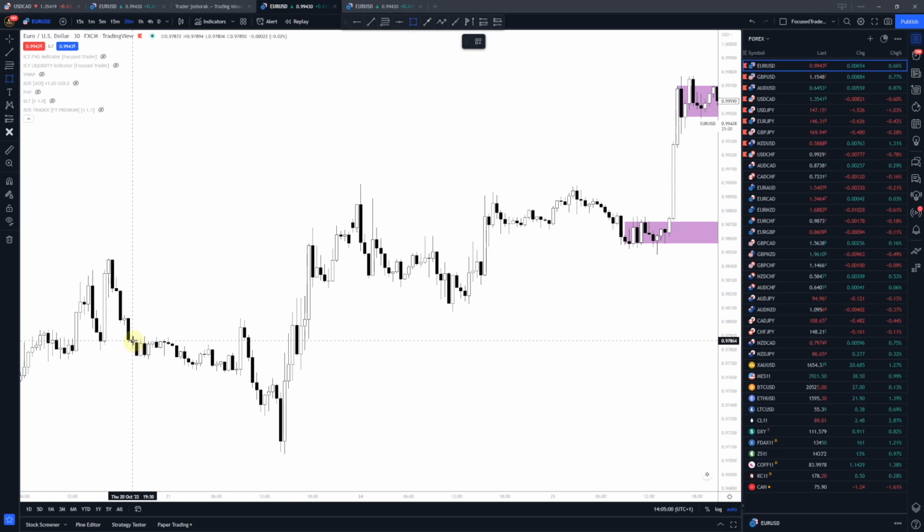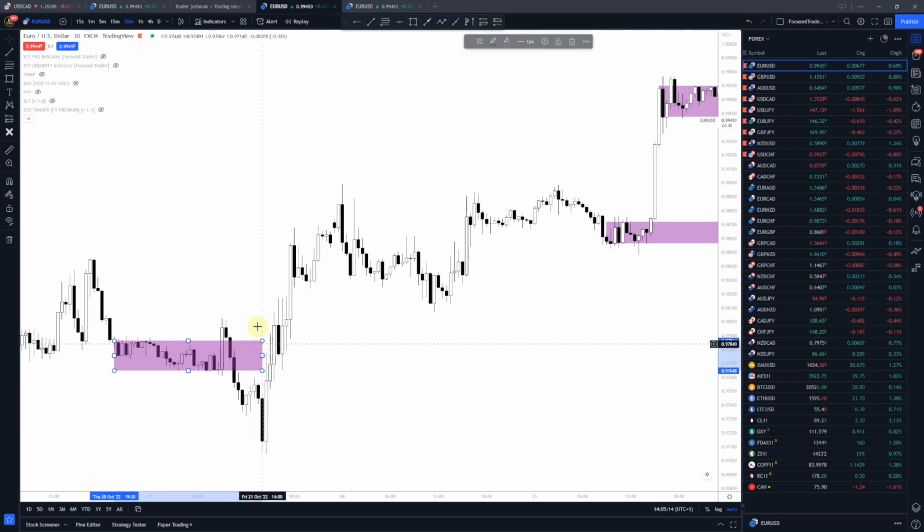The consolidations usually happen in New York when there is a sideways movement, or in Asia overnight where the price doesn't move at all. Okay, so I will draw something like this, and as you can see, the market went through it. It grabbed liquidity, perhaps of Asia, then went to the opposite side and then retested here by this candle. So this is again no longer valid,